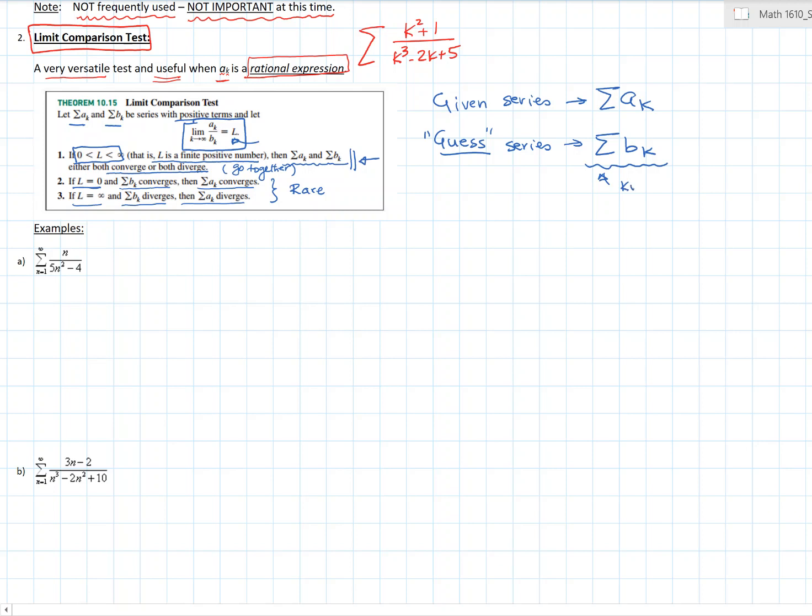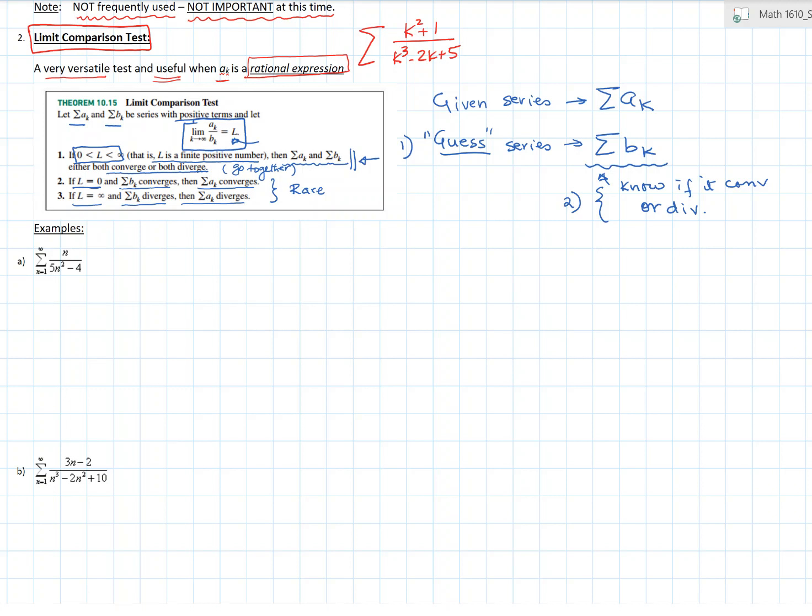We should know if it converges or diverges. So there are two things. First, you have to guess the series, and then you have to know whether it converges or diverges. Now that seems like quite a bit of a requirement, but actually it is not,